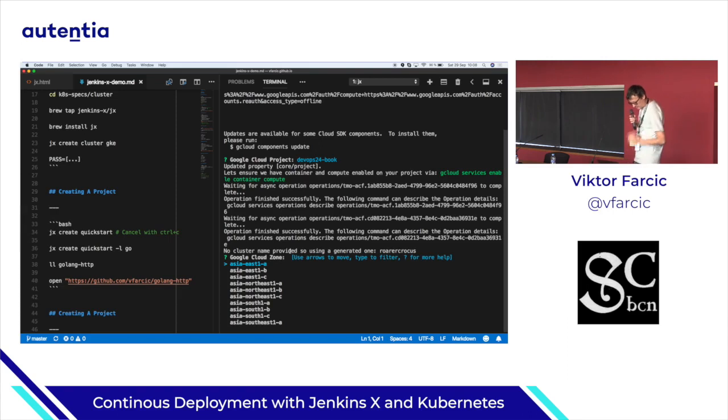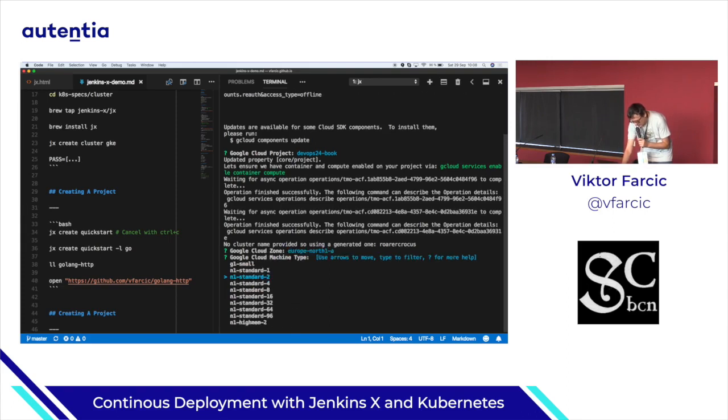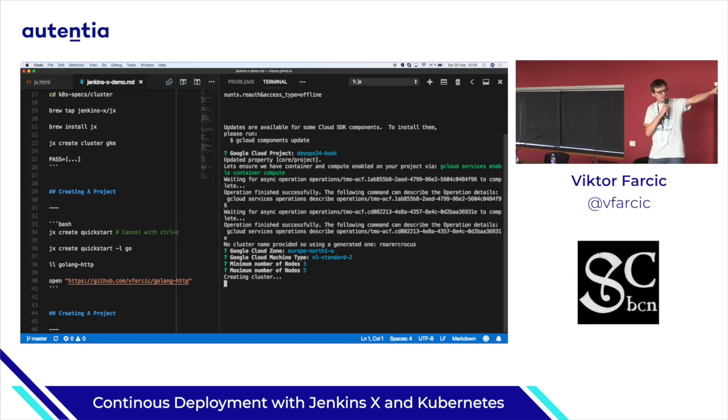Is this going? No. Sorry, one more thing. I need to choose where I'm going to run it. I'm going to run it, I don't know, in Europe, for example. And I'm going to use relatively small VMs because I don't want to waste too much money. Maximum number of nodes is going to be 5. And the minimum number of nodes, 3. So now it is creating a cluster, right? Now I have 5 minutes. So